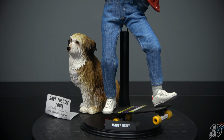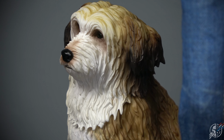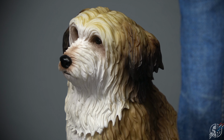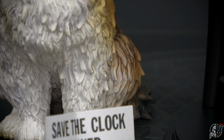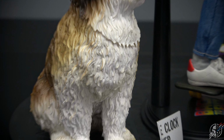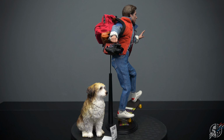So there it is right there. Barney and the clock tower. I'm sorry, Einstein. Einstein's looking good. He kind of looks cartoony, but when you really look at him from far, he's really good. I'm glad they didn't go the Chewbacca route. I mean, they could have thrown in the Force Awakens Chewbacca. I would have been fooled 100%. I would have been like, oh crap, that's Einstein. But man,